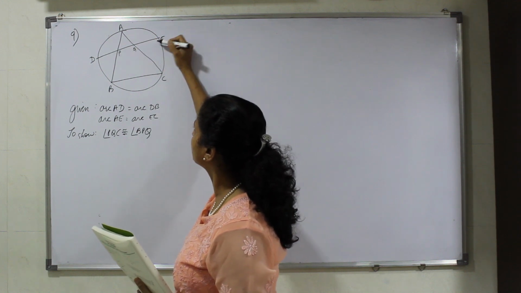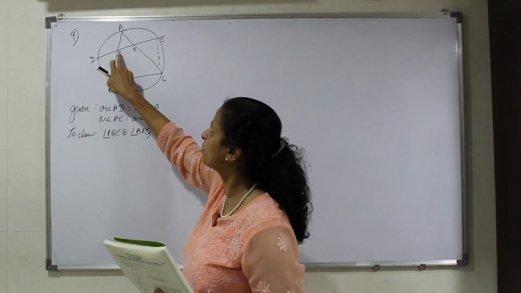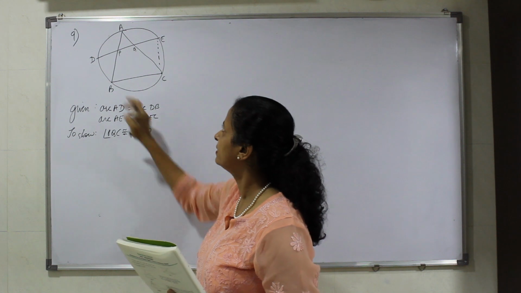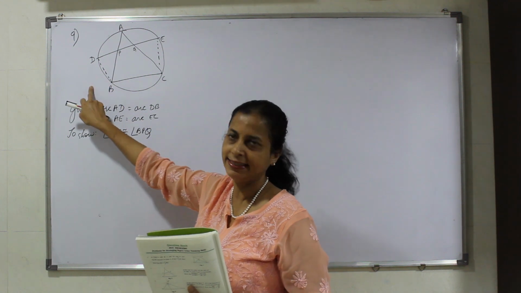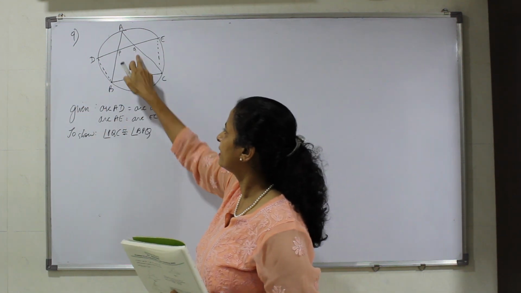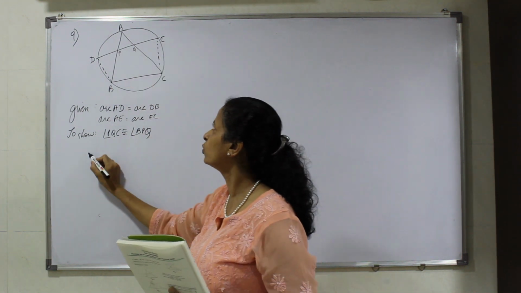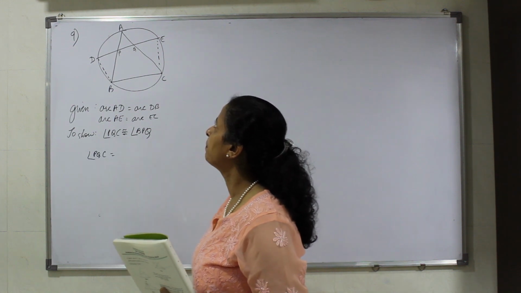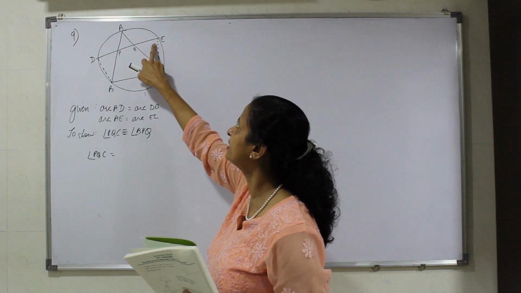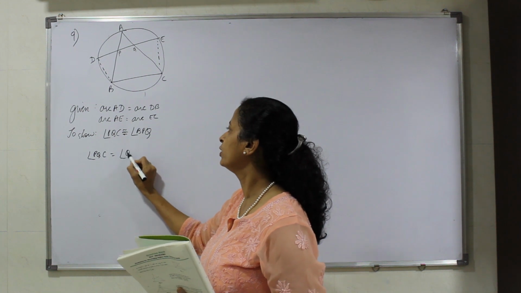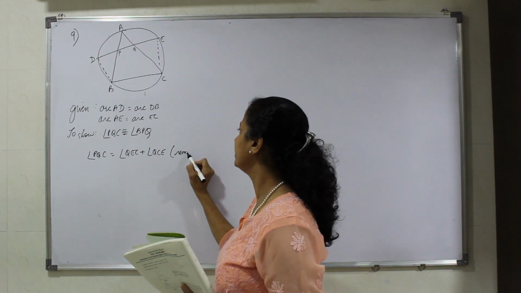Since it's PQC and BPQ, you make it a part of the exterior angle of a triangle. Can you see the BPQ here? And so make an exterior part of the triangle, and so we join B to D. So the construction starts with joining E to C and D to B. Now, the exterior angle, look at this angle PQC. The angle PQC is exterior to this triangle, and so what do you know PQC to be? The exterior angle PQC is equal to the sum of the two remote interior angles, and so it is angle QEC plus angle QCE. The reason being remote interior angle theorem.